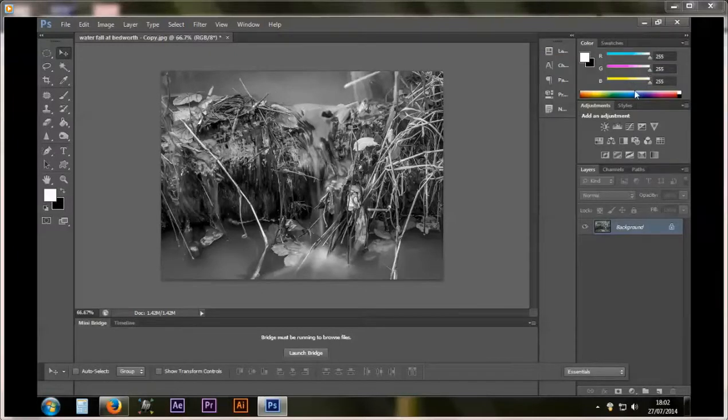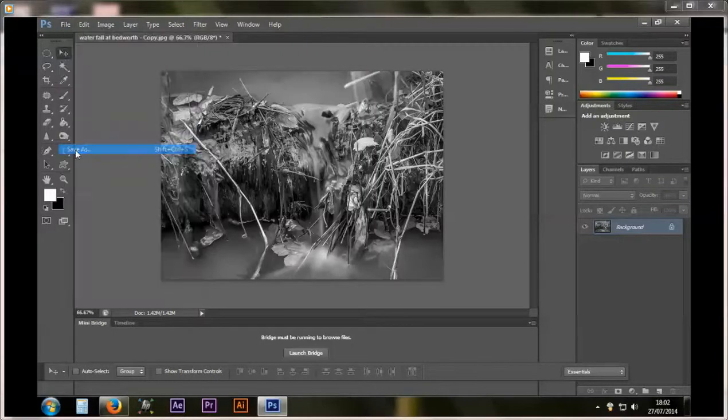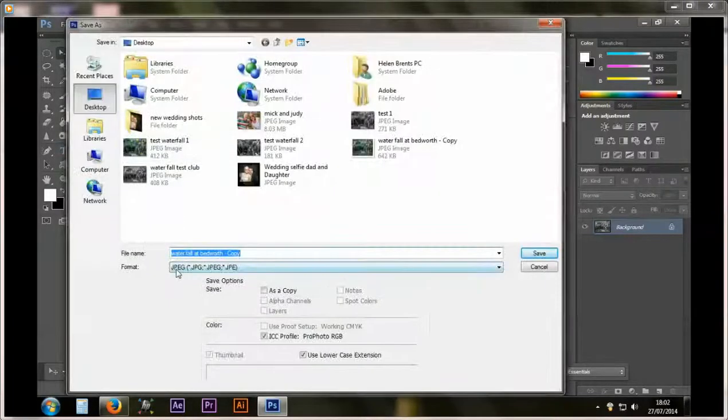Once you've got your photograph how you like it, you may decide that you want to save it. So what we're going to do now is save the photograph. Go into File, Save As, and we're going to save it as a JPEG. We're going to save it on the desktop as a JPEG, and we're going to call this